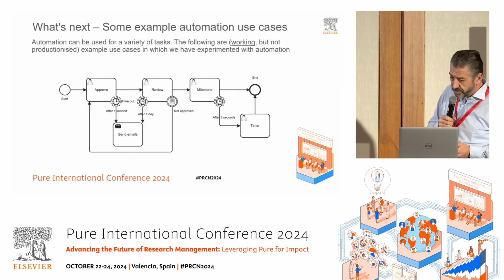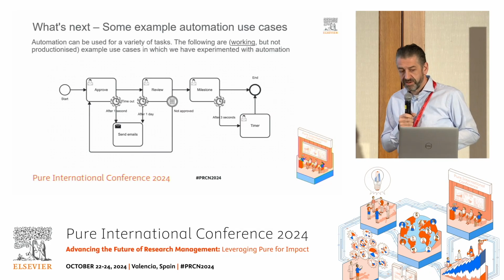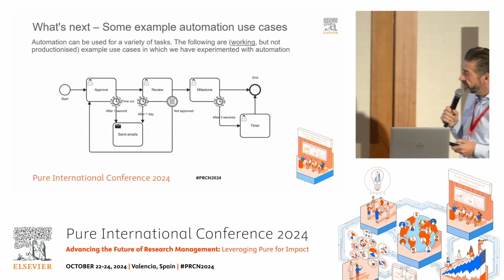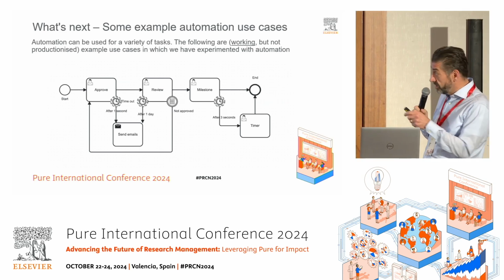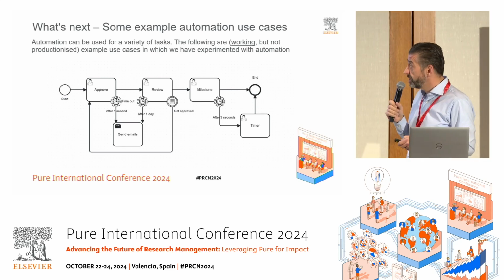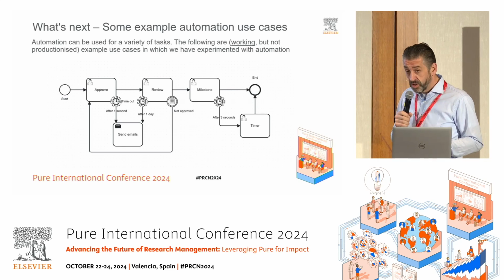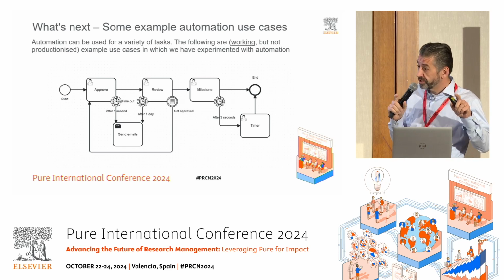So what we're now starting to look at is some of these areas, right? So this is an example flow we built out, and this is using our process manager. So these flows I'm going to walk through now, I can hasten to add, these are flows we've experimented with. We've been able to make work directly, but we haven't what we call productionized yet.